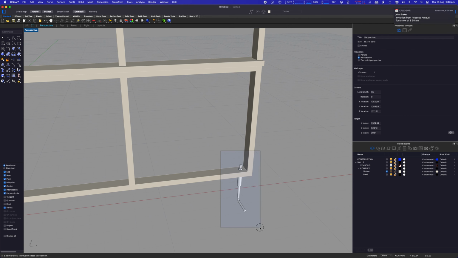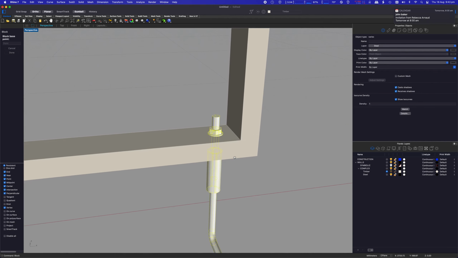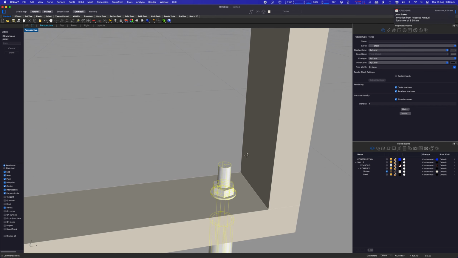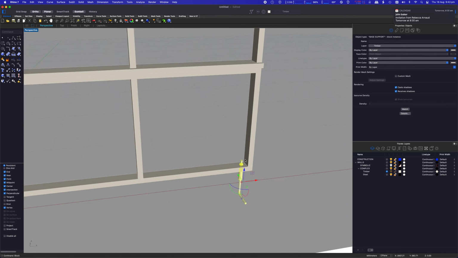So where were we? Let's make that a block. Block. Whoops. Block. Let's make the base point. Where do we want the base point? Doesn't really matter. Let's just put it at the center of that, and we'll call that, what do we call that? Base. Support. Not a particularly good name, but